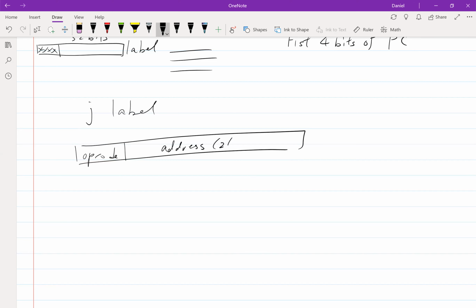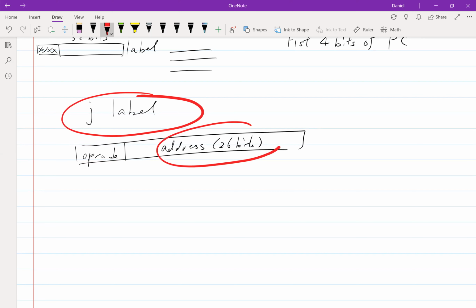With 26 bits. So the question is, when I move this instruction into a new file or combine it with an existing file, do I need to change this address? What do you think? Would this label remain the same old address? Of course not, right? Because if I have J label somewhere in my program,